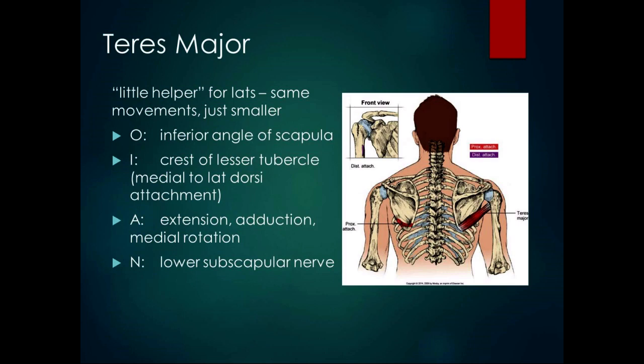And it does extension, adduction, and medial rotation of the humerus. It gets the lower subscapular nerve, and that makes sense. Subscapular, lower. It's low on the scapula. So